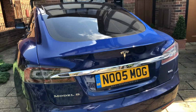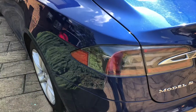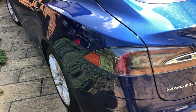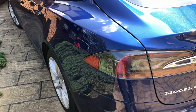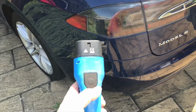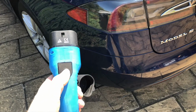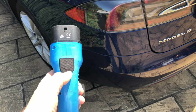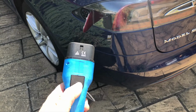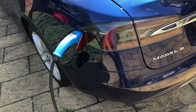There's one thing to note about every Tesla car, and they all have the charge point on the rear left-hand side. That's the passenger side in the UK, and in right-hand drive markets, that's the driver's side, of course. But the Tesla charge port is always in the same place. The other thing about when you go to a supercharger, now actually I've got a third-party lead here, but when you go to a supercharger, you actually get a button on the supercharger, or indeed the destination charger. You press that button and that opens the charge port, so you can plug in,